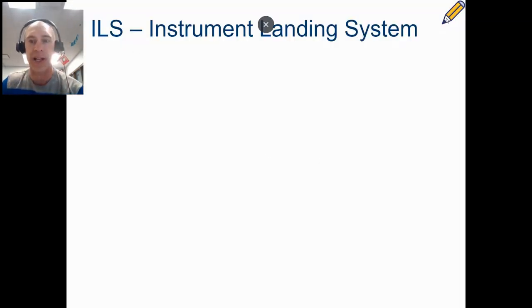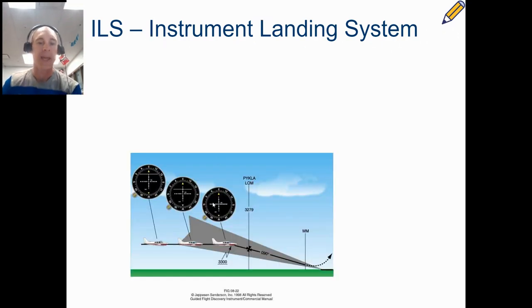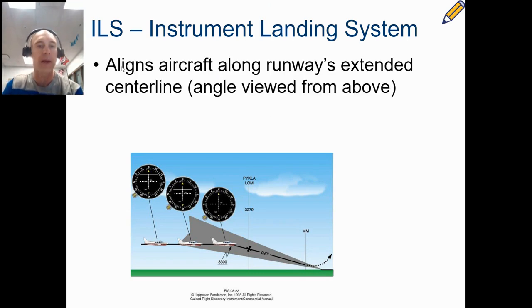So you see the little pencil icon, you should note this down. It stands for Instrument Landing System. And what it does is it is a system that will help you be able to land appropriately onto a runway. So it aligns the aircraft along the runway's extended center line if you're viewing it from above. So we have a center line of a runway, and it helps us keep lined up with that left and